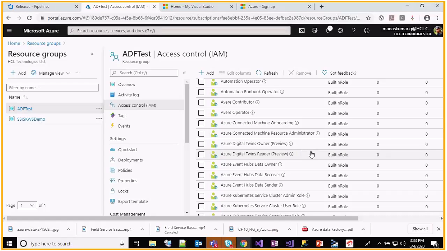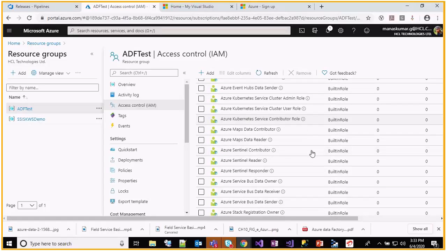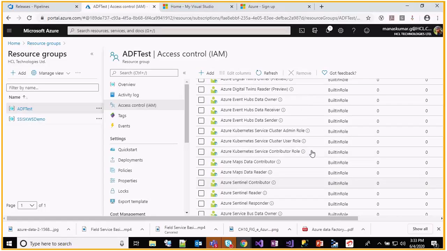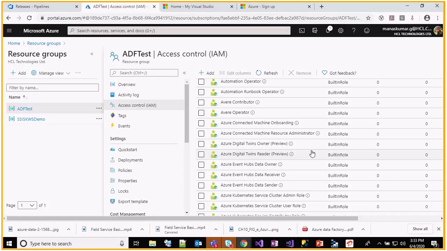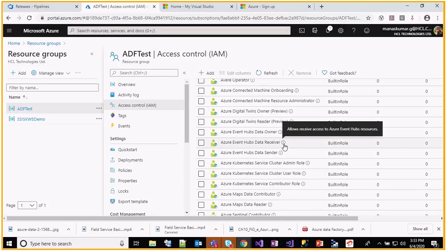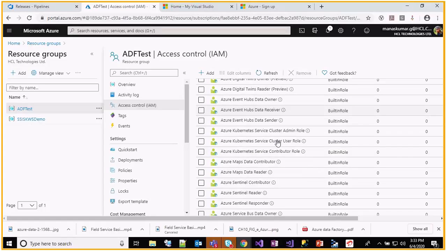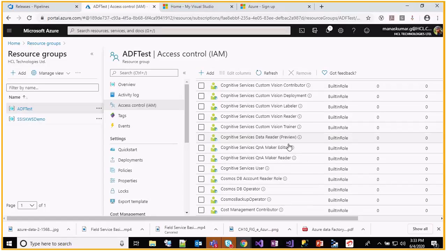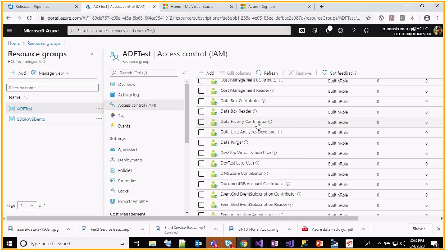Apart from this, we also do have Data Factory. I think we do have one Data Factory.